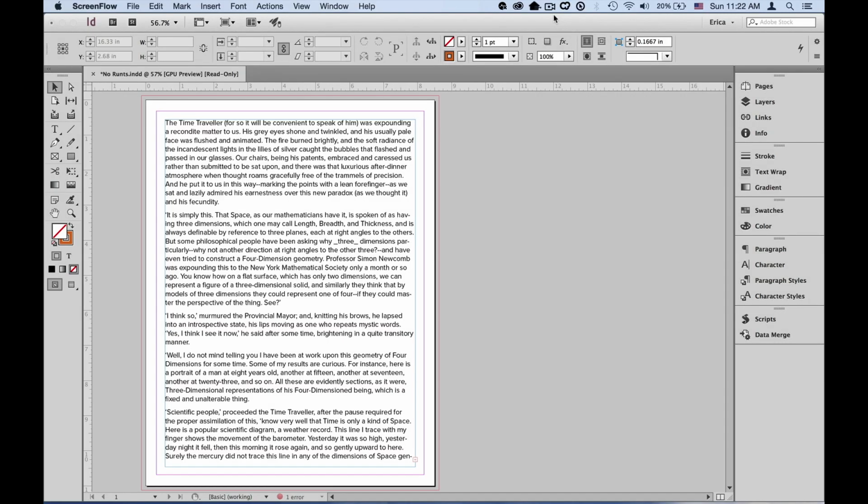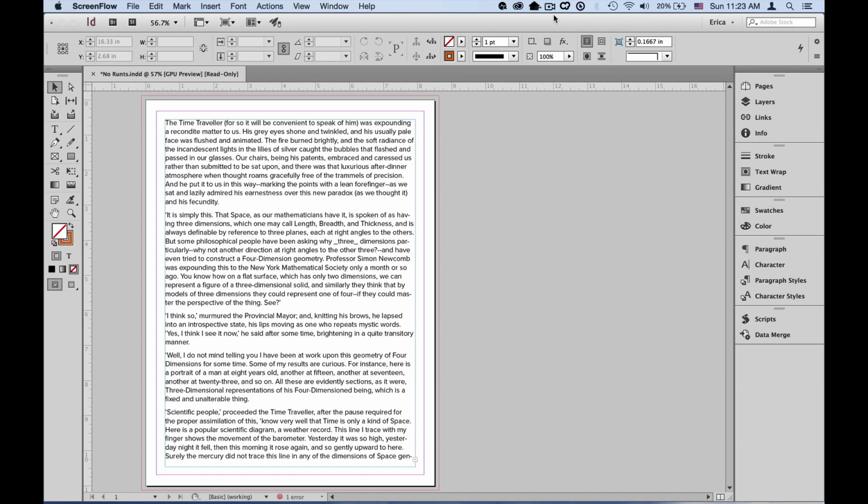In this video, I'm going to show you a way to prevent short lines from happening at the end of any paragraph. Whether you call those widows or orphans or runts, I'm going to show you a way that we can keep that from happening using the power of GREP. I'm going to build this GREP expression into a style so that it happens automatically. Whether you're importing text or inputting it into InDesign, you won't get stuck with those short